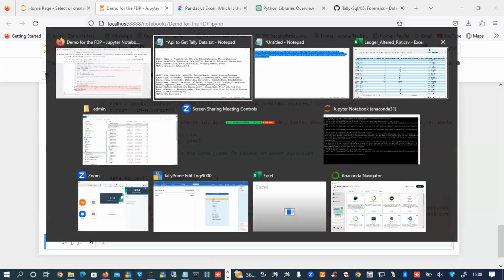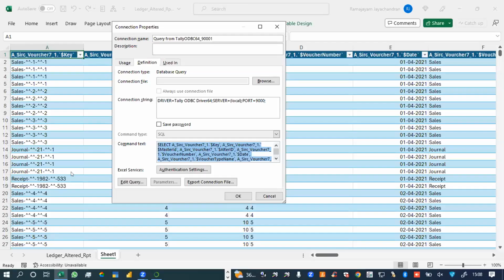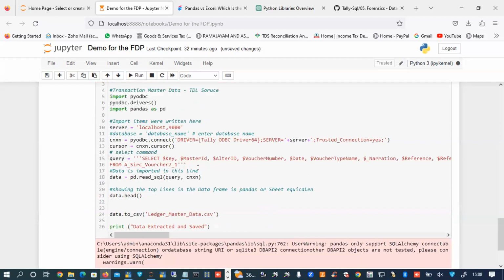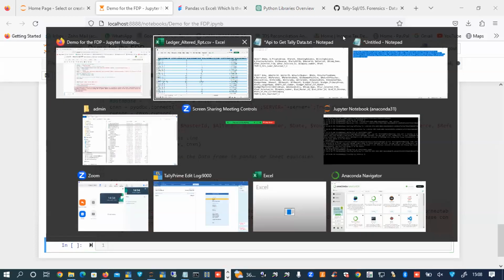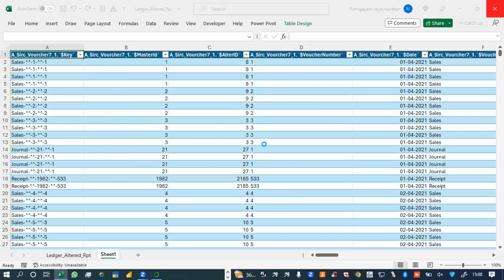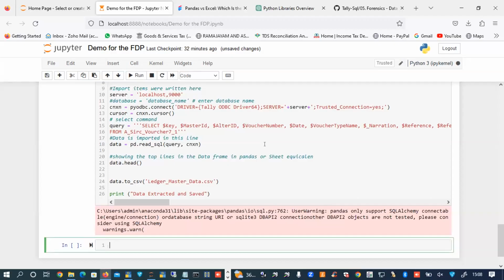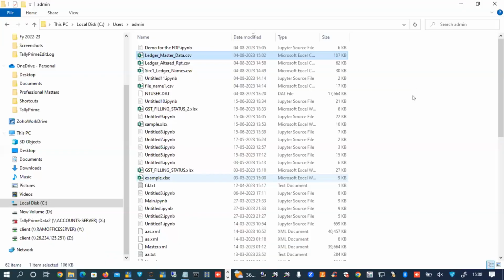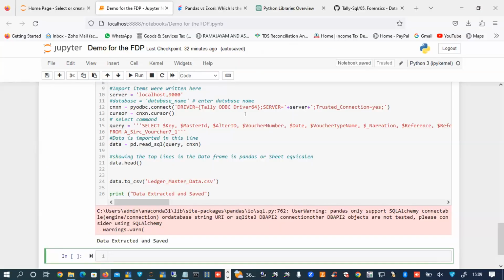It'll throw me an error because I've not closed the file. I have to change the file. File is already open, but I'll try to close it in a hurry now. Don't save, because it's on the name of the file. Yeah, I can see the change of file size. So extracted and saved.